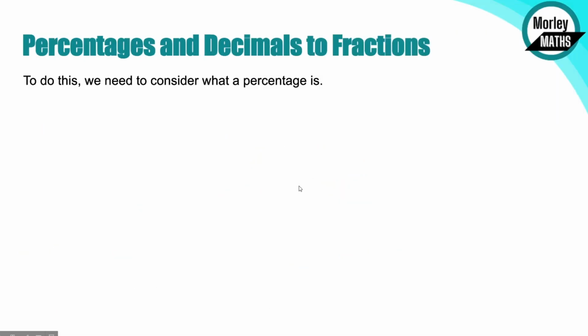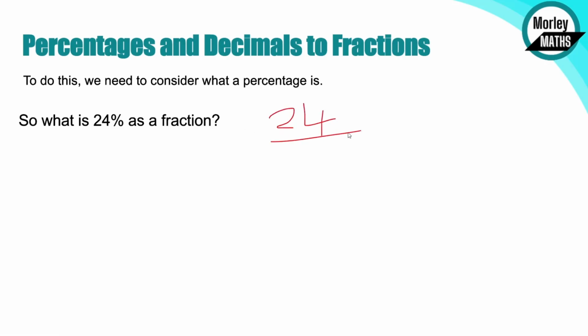So one thing I've not covered is how to convert percentages and decimals into fractions. We've done it from fractions into decimals and percentages, and then from percentages back to decimals, but we've not done percentages and decimals into fractions. So as I've already mentioned, we need to consider what a percentage symbol is. It's a fraction out of 100. So we have already touched on this a little bit. So if we're looking at 24% as a fraction, we can start off with 24 out of 100 as our